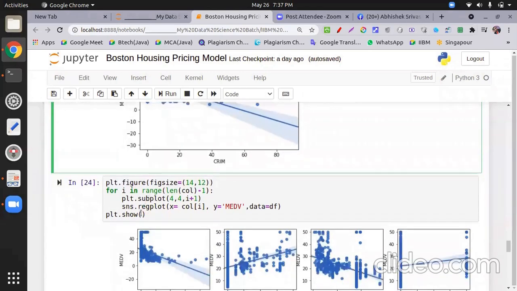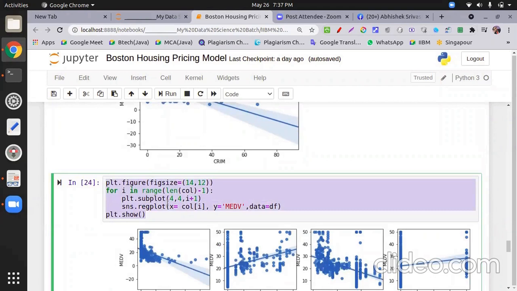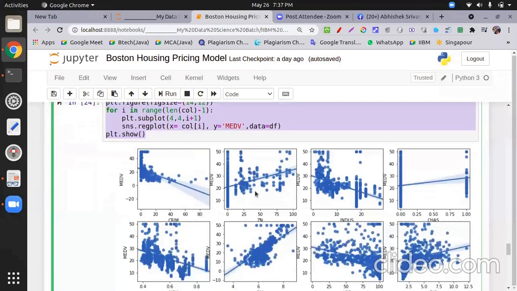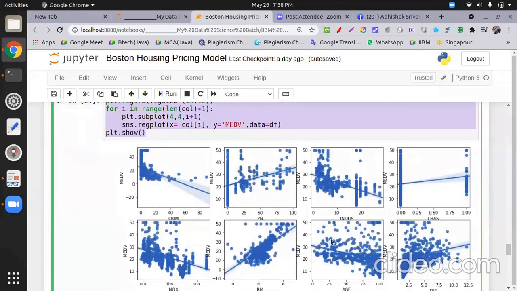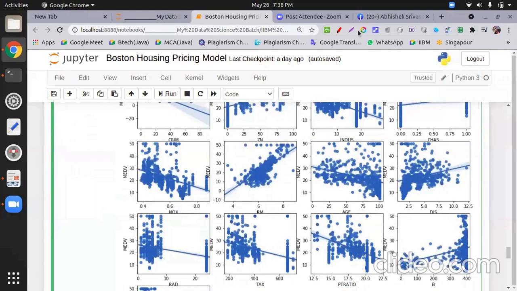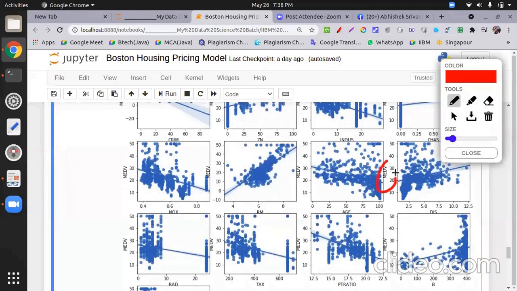Then I do plots using a subplot technique. Subplot technique is in Matplotlib. When I teach you Matplotlib in the next few days, I will tell you how the subplot is done, how everything is done, what is plt, etc. So I draw all the independent variables with the outcome. My outcome is fixed. If you mind this thing, the outcome on the y-axis is fixed, because I have to see the impact of a particular feature, a particular independent variable, on the outcome variable.